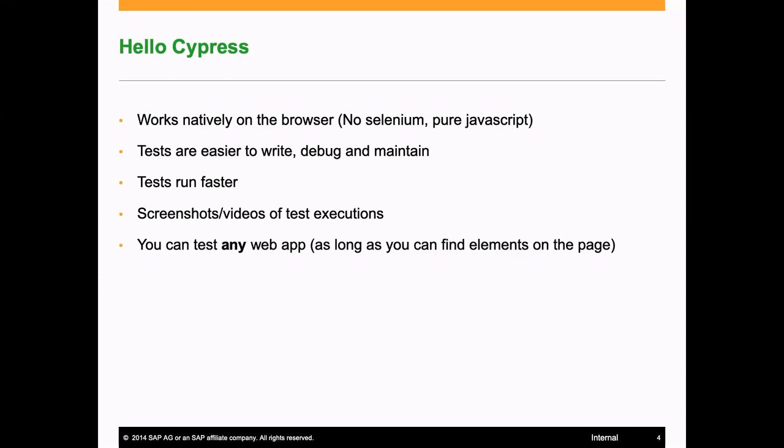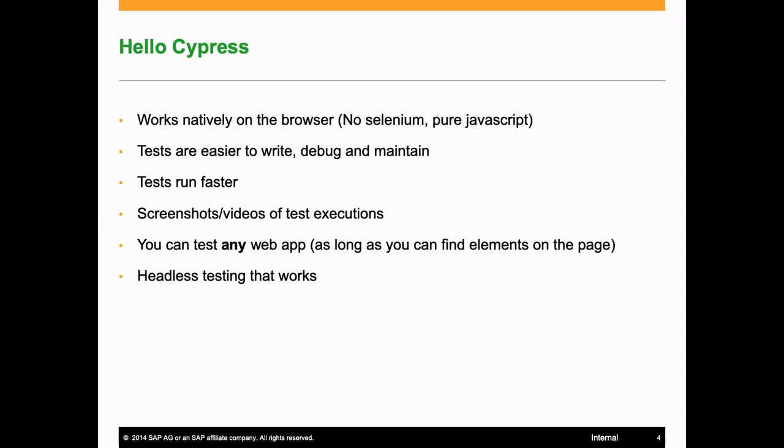We have done multiple tests, not only with Spartacus, and you can essentially test any web app as long as you can find the elements on the page. Sometimes, for example, in back office, which is another tool from Hybris, we have some parts where the IDs or the classes of the elements are dynamic, so it becomes hard to find the elements on the page. You can also rely on data attributes, or you can mark them with special CY attributes, and that allows Cypress to find them. So as long as you have a consistent deterministic way to find the elements on the page, you can test your application.